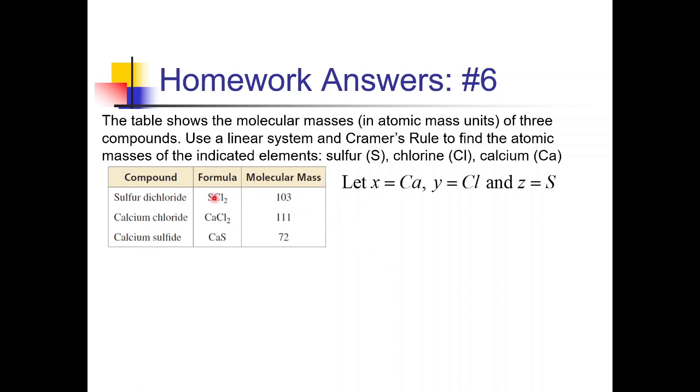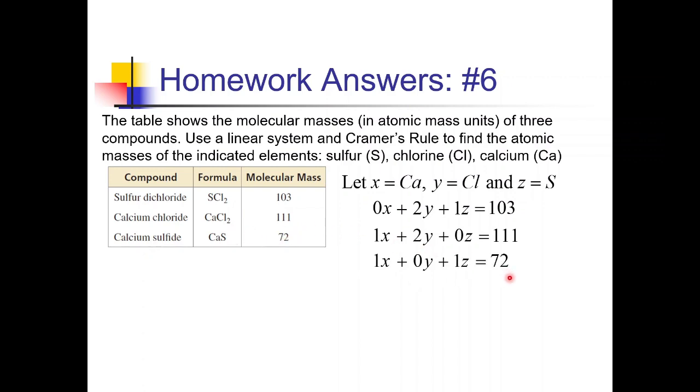So our first compound has no calcium in it, so that's going to be 0 for the calcium, so 0x. We do have two of these chlorines, so plus 2y, and we have a sulfur, so plus 1z, and that all adds up to 103 AMUs. Next up, we have one calcium, so 1x for that next one. We have two chlorines, so 2y's, and 0 sulfur, so 0z, adding up to 111. And then for our last equation, we've got one calcium, 1x, no chlorine, so 0y, and one sulfur, so 1z,